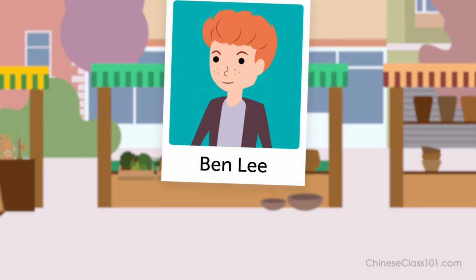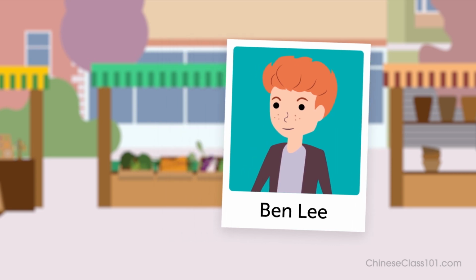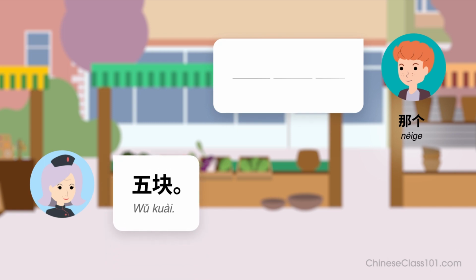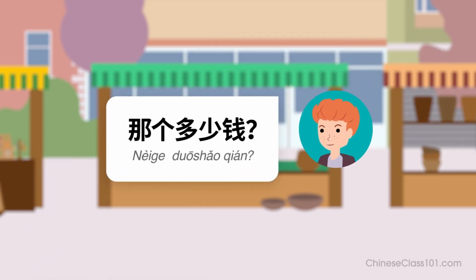Let's practice. Imagine you're Ben, and you're at a farmer's market, where many items have no price tag. You'd like to try a snack close to the listener. Ask the price using the word for that. Ready? 那个多少钱？ 5块。 Listen again and repeat. 那个多少钱？